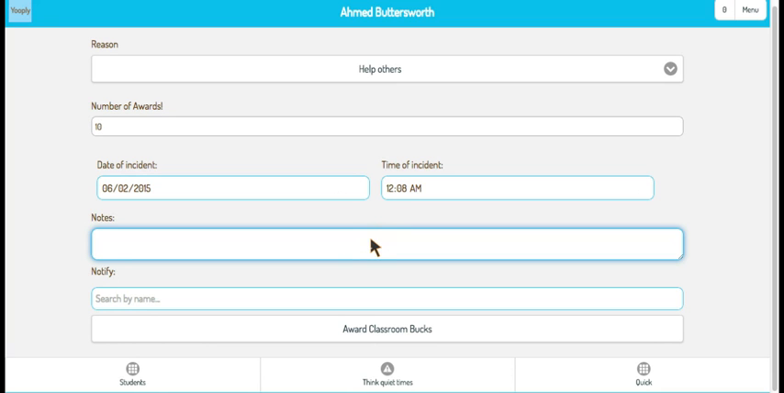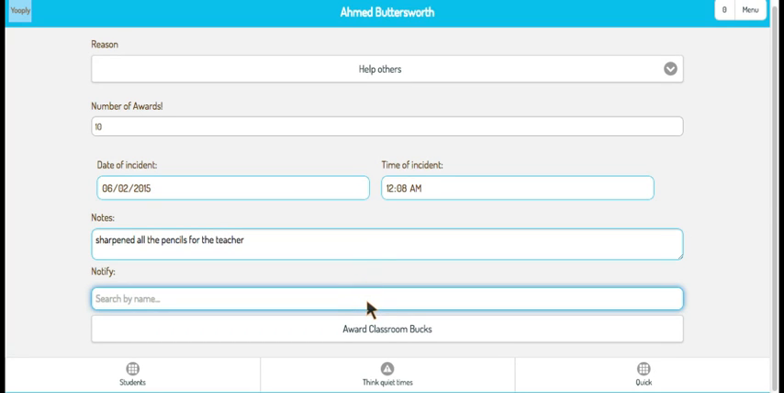I can include my notes here. So in this case, Ahmed sharpened all the pencils for the teacher. And I can also choose to notify certain individuals that this award is being given. So if there's a counselor, there's a caseworker, or another teacher who is tracking Ahmed, they can quickly be notified that this has happened. So I'm going to notify